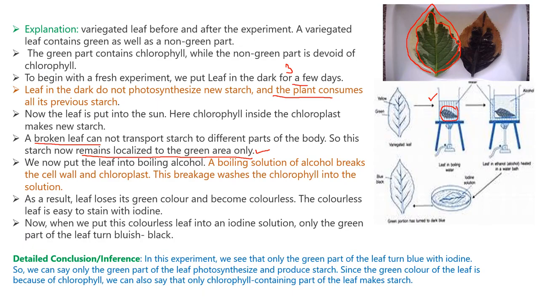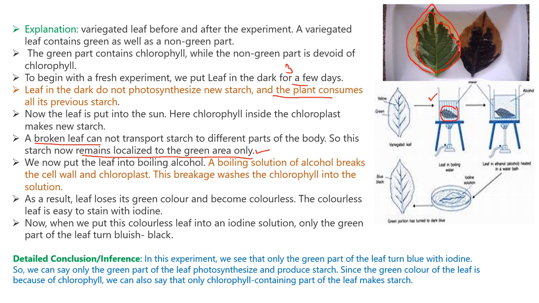That means you are going to take a beaker, you are going to put ethanol in it, then the leaf in it, and then you are going to take another beaker with water, and you have to start boiling this methanol solution or ethanol solution, right? Once you boil the ethanol solution, the color of the leaf will get changed, okay? It will become almost colorless. It won't be green in color anymore.